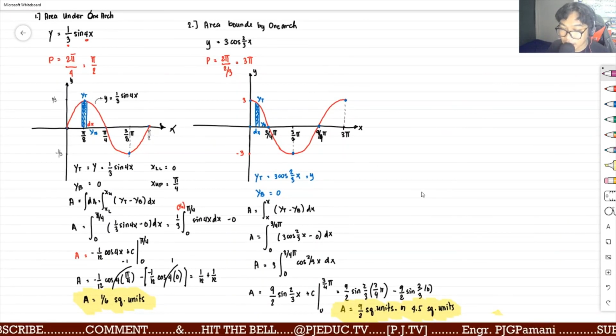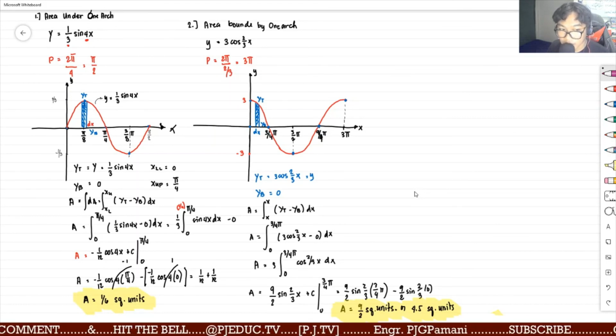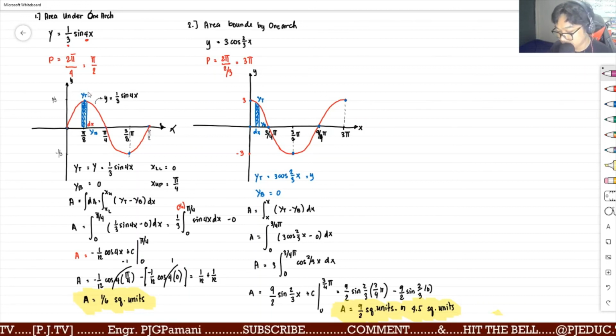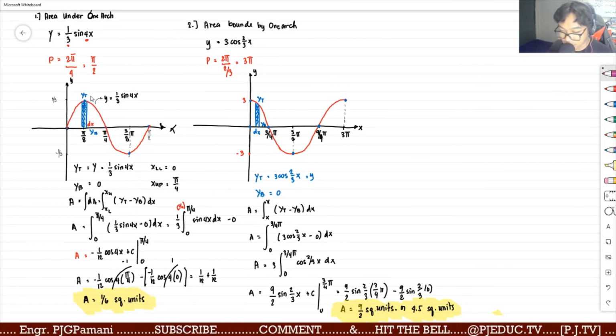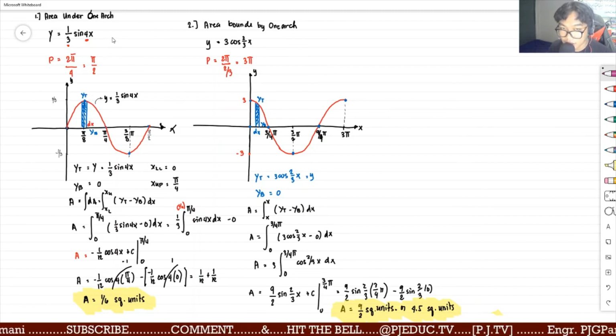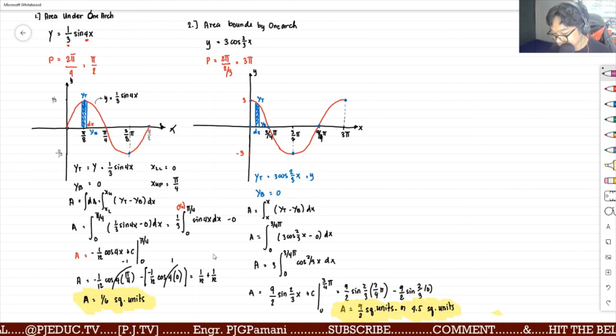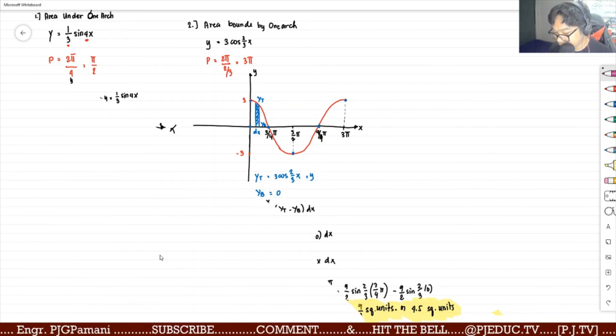So, pag line, hanapin nyo lang yung triangle, then consider a horizontal and vertical strip of that section. Ay, hanapin nyo lang pala yung slope. Then, solve for the area using the same method. Y top, Y bottom, X right, X left. Now, for a short discussion on arc length naman,